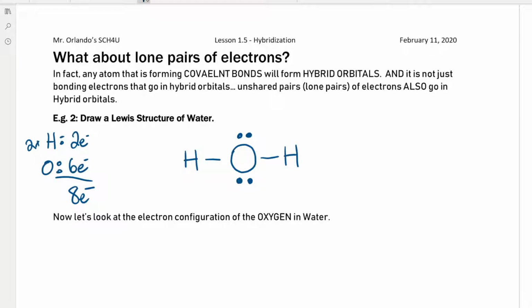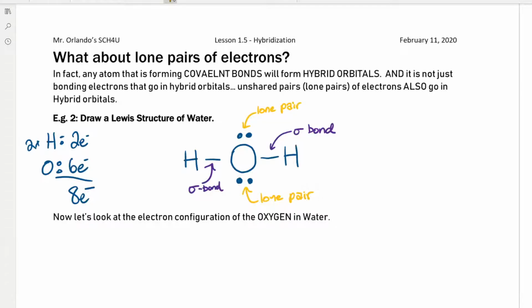So now let's take a quick look, and we know that that is a sigma bond. We know that is a sigma bond. But we know this is a lone pair. And we know that is a lone pair. Okay. So there we go. Now, let's take a look at the electron configuration